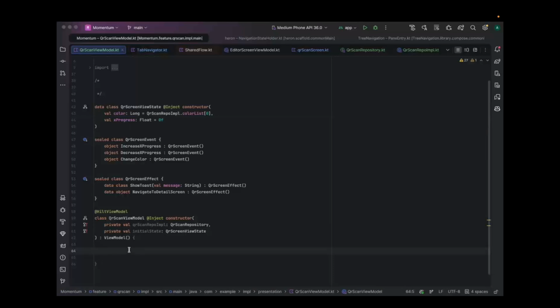So what we can do here is simply create the UI state that holds the current state. We can expose a simple update function like set